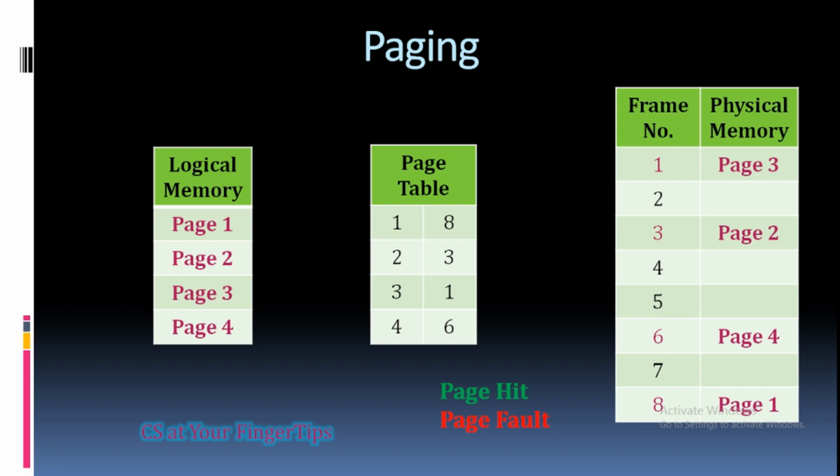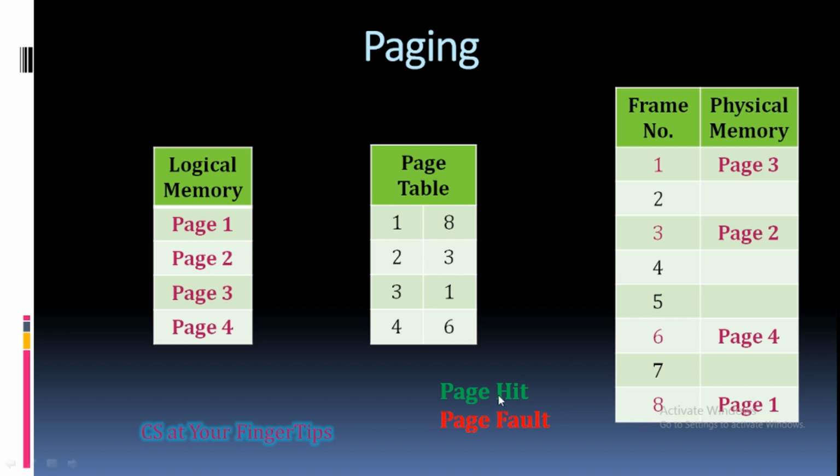Paging is a memory management method used in operating system. The idea of paging is to divide each process into a number of pages, and the main memory is also divided into a number of frames. As you can see in this figure, the process is divided into 4 pages and the main memory also contains 4 page frames of equal size. Now we have to map each page of this process into one of the frames of the physical memory. That is the idea of paging.